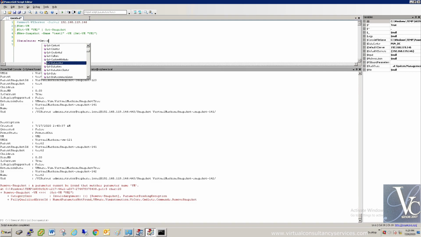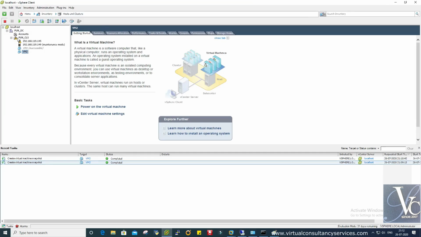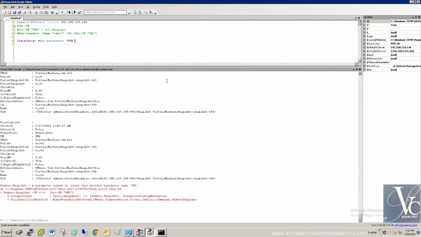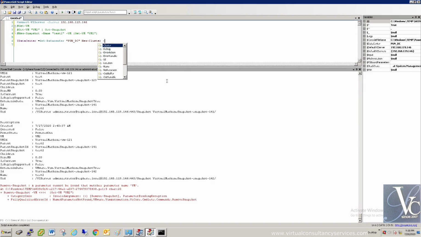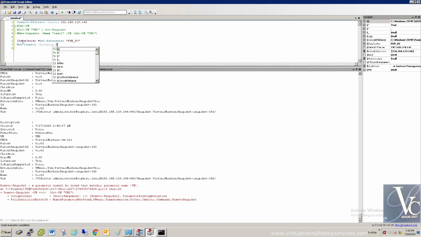So $datacenter = Get-Datacenter, and the data center name is pun_dc. Then New-Cluster on the next line. We have to create a new cluster.